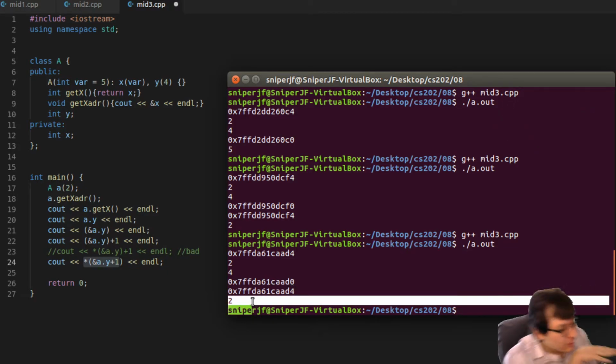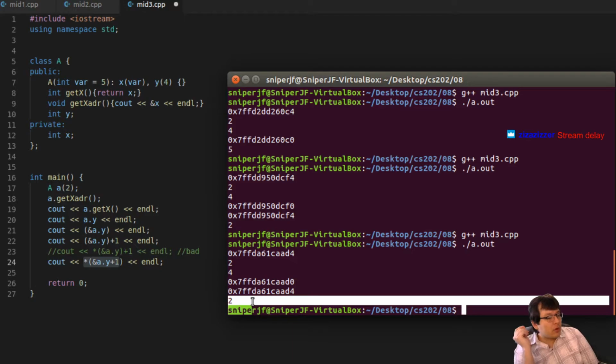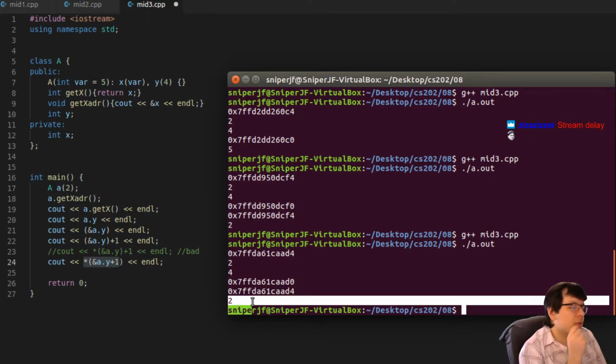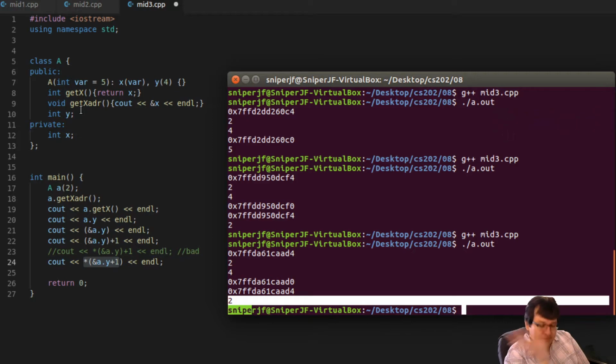Here's another. No reinterpret cast needed this time around. And all I really needed to know was the location of where x was within the class, which is immediately after y. Okay? And this was another part of the assignment too that was pretty cool. But yeah, so essentially